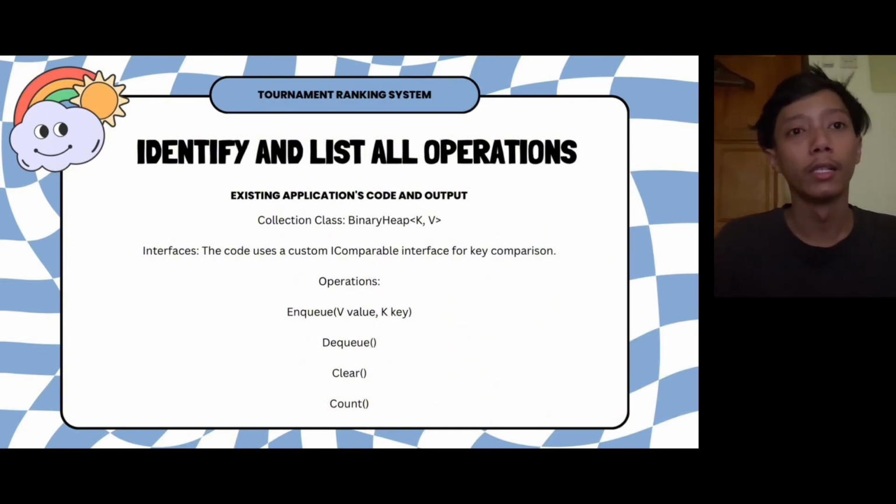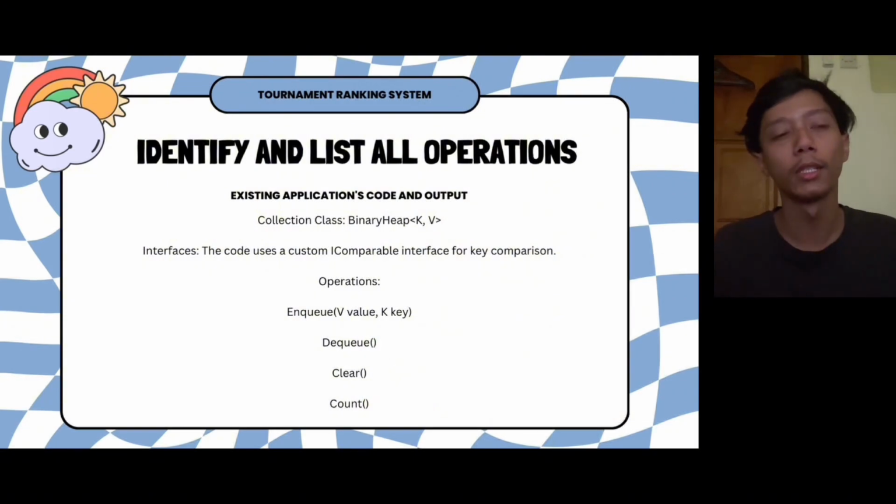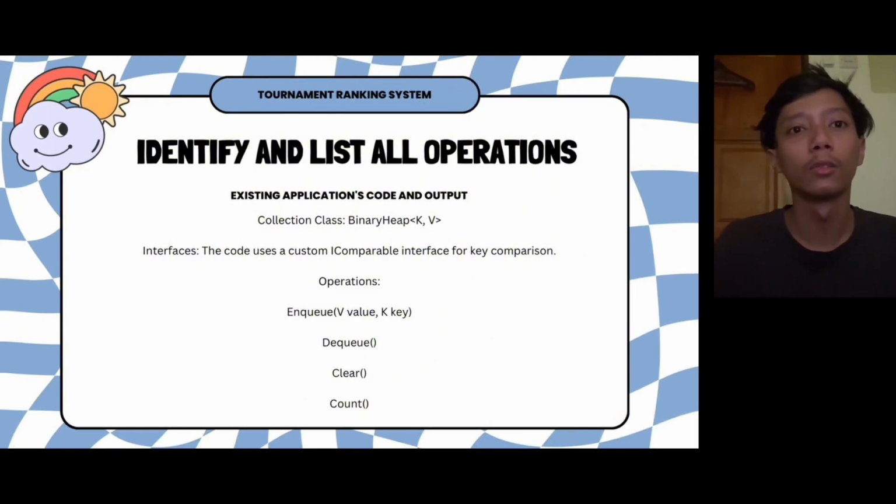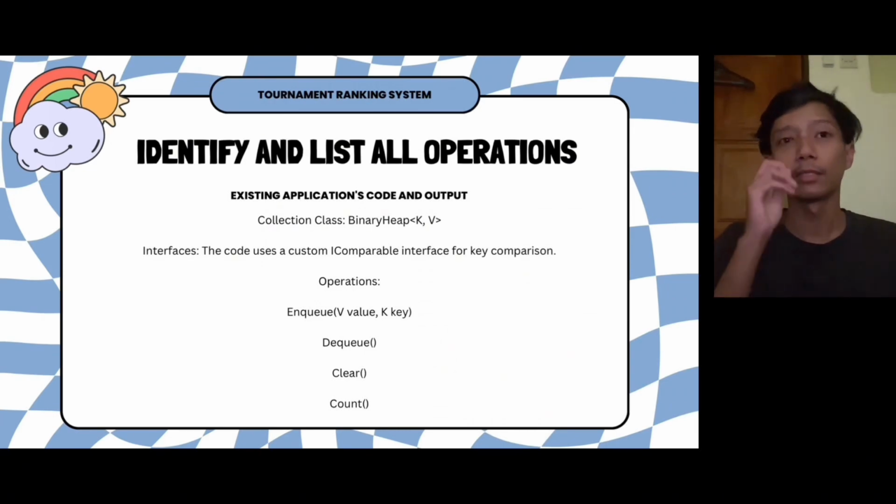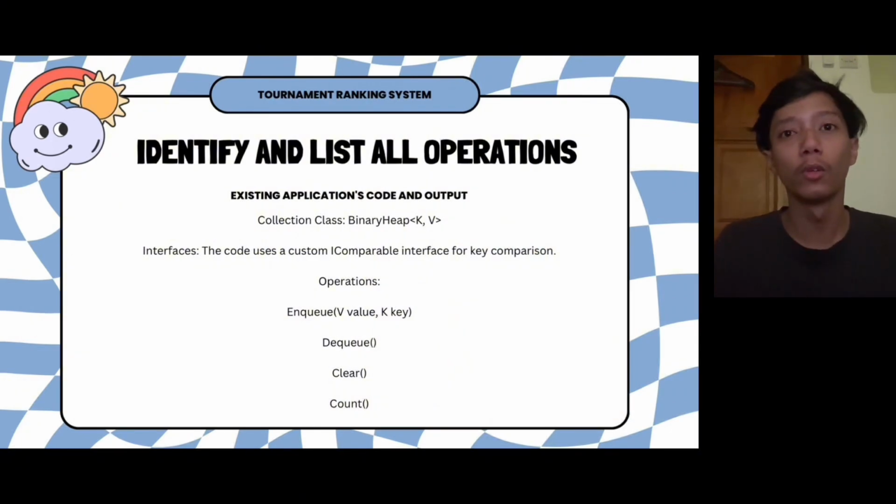So the third one is clear. This key operation clears all elements from the heap, resetting it to an empty state. So the fourth one, which is the last one for key operations, is count. This key operation returns the total number of players currently in the heap. So these operations are highly efficient with a time complexity of O(log n), making them scalable for managing large